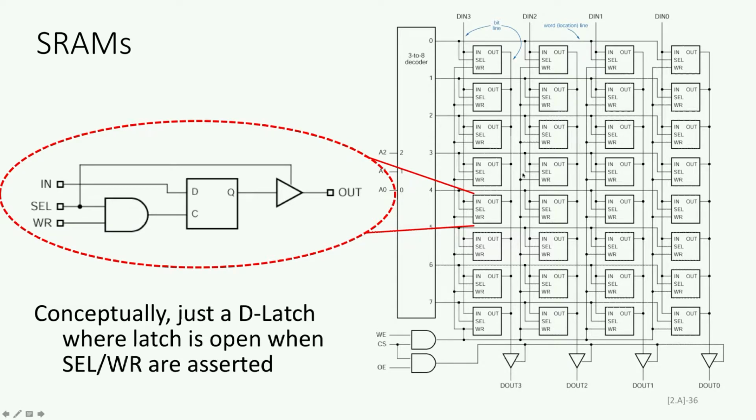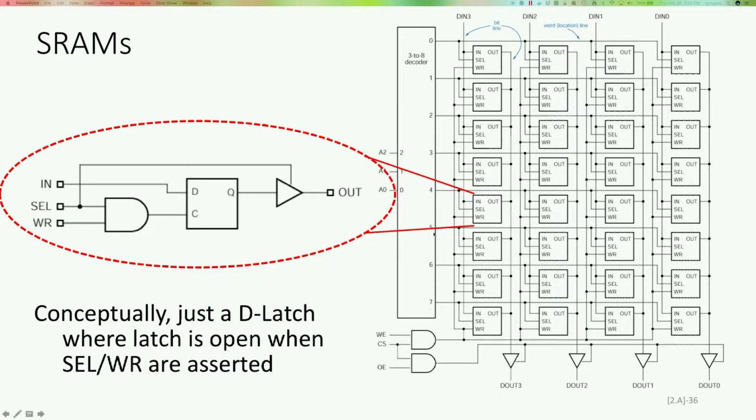These are on the select lines. And then the input also has a write enable and a chip select bit that says whether the chip is turned on. Writing is enabled, and output enable is telling you whether it's actually outputting anything. And so when we think about the write operation,